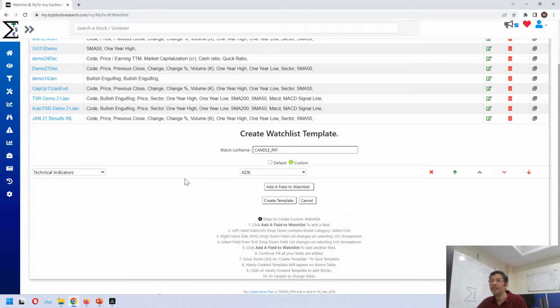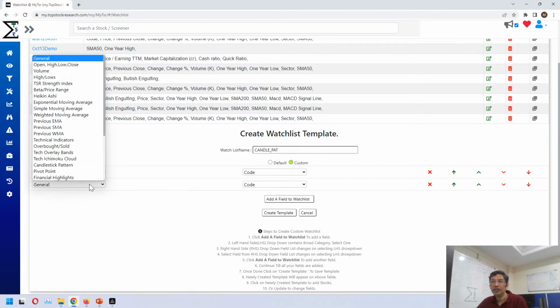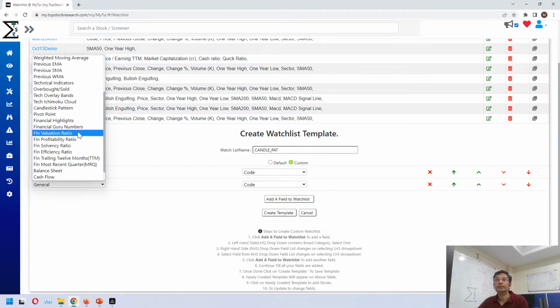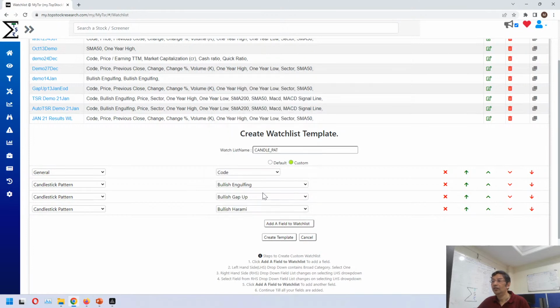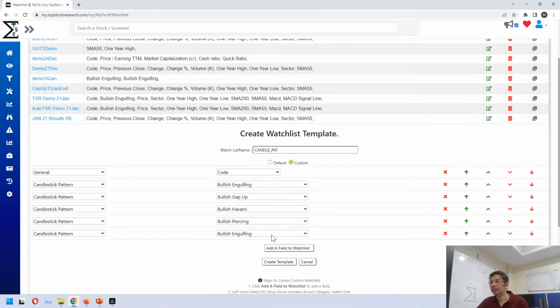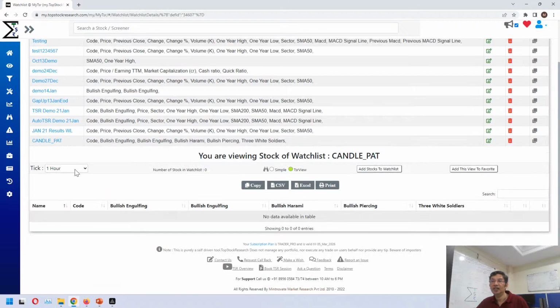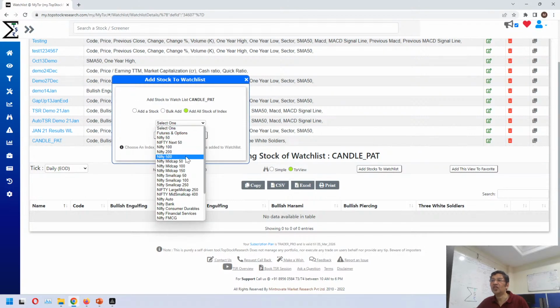custom watch list, add a field, let's add something very basic first, right? Code, then we go into candlestick pattern, engulfing, we want gap up, we want Harami pattern, we want piercing, 3 white soldier, create a template. Candlestick pattern template is created. Go to daily. Let's add certain stocks. Let's add all the stocks of Nifty 100,